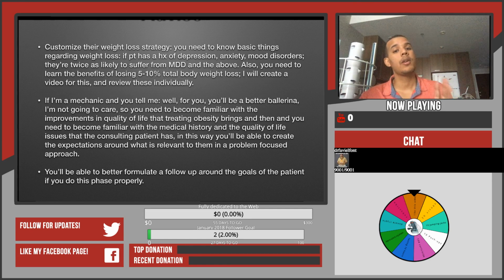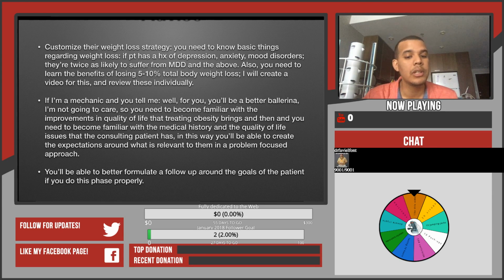So you need to know what the benefits from losing weight are from the atrial fibrillation standpoint, from the congestive heart failure standpoint. How do you dose the medications? What's the best medication for that? Which should be the first medication you give from the weight loss standpoint in terms of treating high blood pressure? Is it a beta blocker or is it an ACE inhibitor? You'll get to learn a lot of this stuff. If I'm a mechanic, here's a small example: you tell me, well, you're going to become a better ballerina, I'm not going to care much. So you need to become familiar with the improvement in quality of life that treating obesity brings,